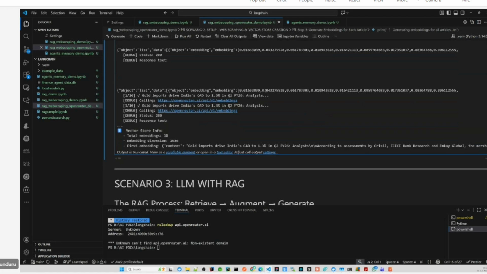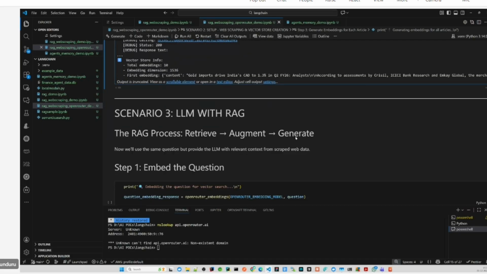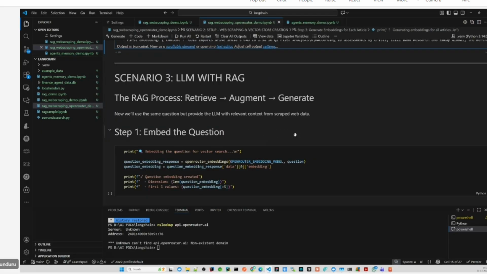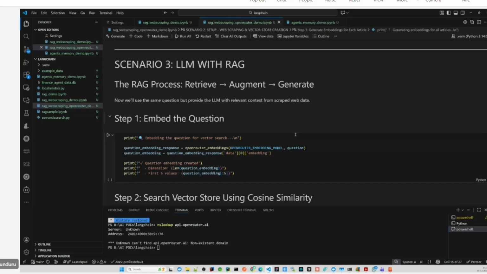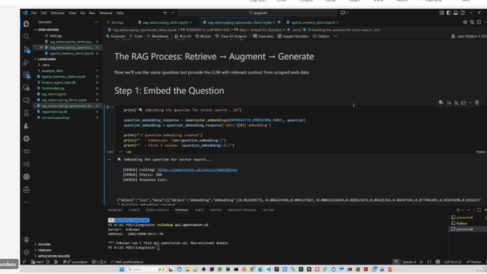This is how it will be represented in the vector store. And scenario 3, LLM with RAG. So I'm embedding the question now. As we discussed, while retrieving, again we embed the question also. The question is getting embedded again,